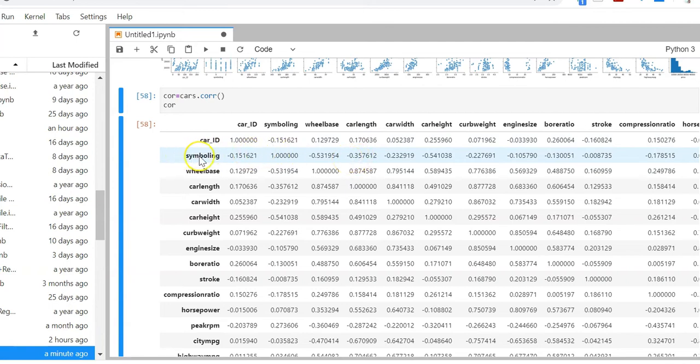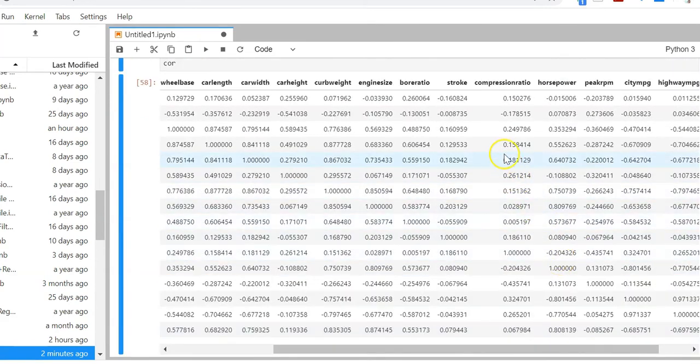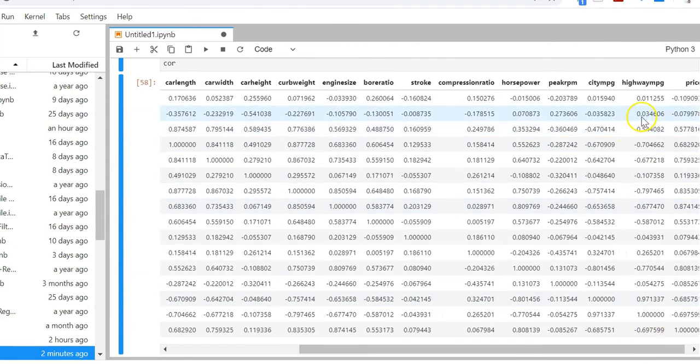It means that if the value of symboling is higher, the value of wheelbase and car length will be lower because of the negative sign. Let us see if there is any positive. So horsepower is positive to symboling. Then highway MPG is also positive.